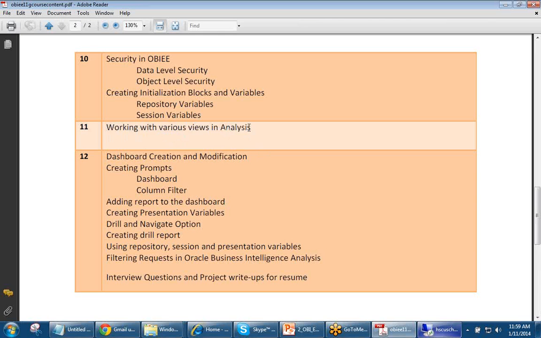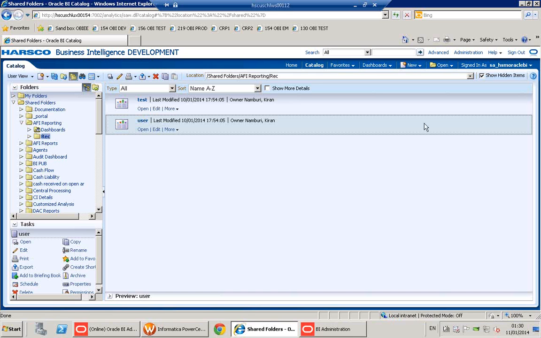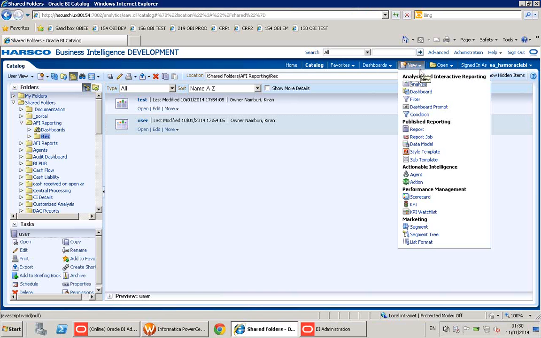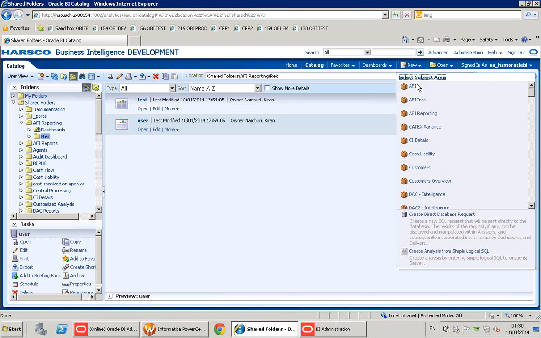Working with various views in analysis. So up to here it is going to be part of the RPD tool, whereas from number 11 it is going to be the analysis tool. The analysis tool, as I said, is a browser based tool which has multiple options. For example,